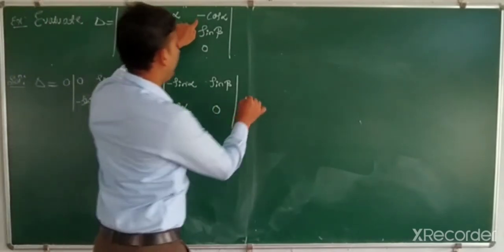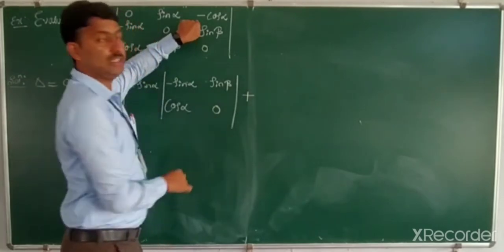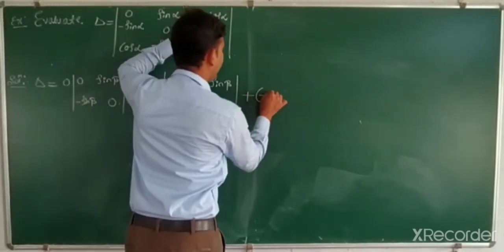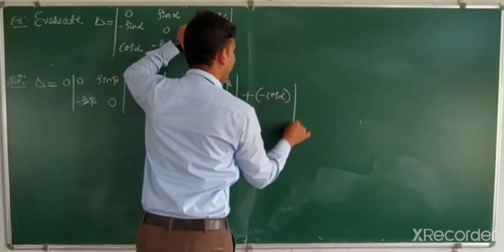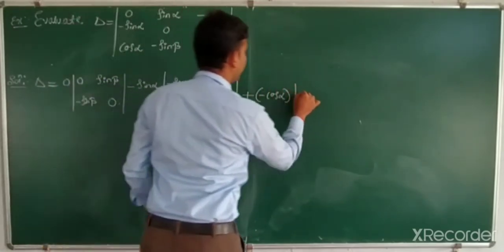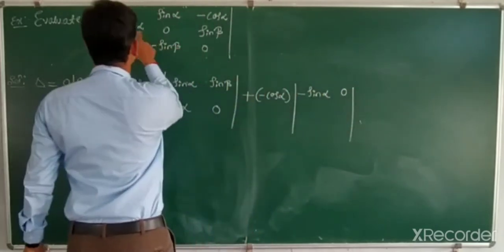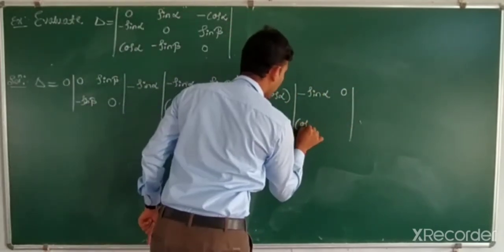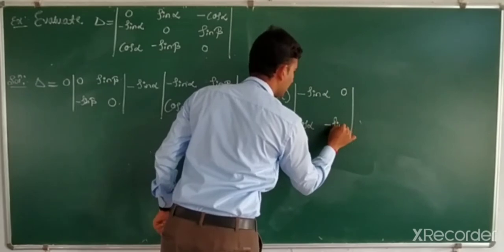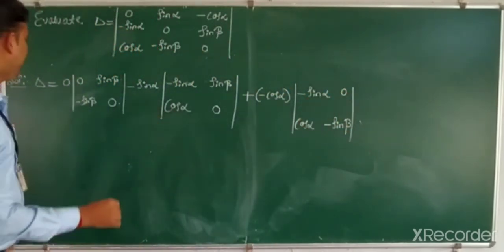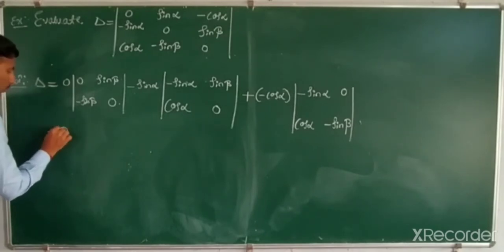After that, here there will be a minus, but the place is plus place. Plus minus plus, into minus cos alpha. Values are nothing but minus sin alpha, 0, cos alpha, minus sin beta, which is equal to